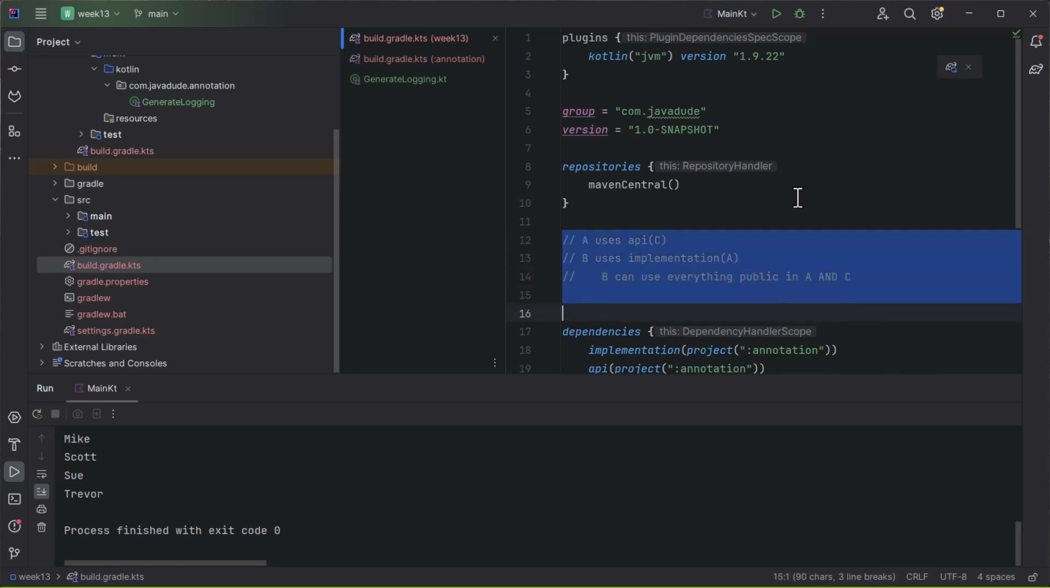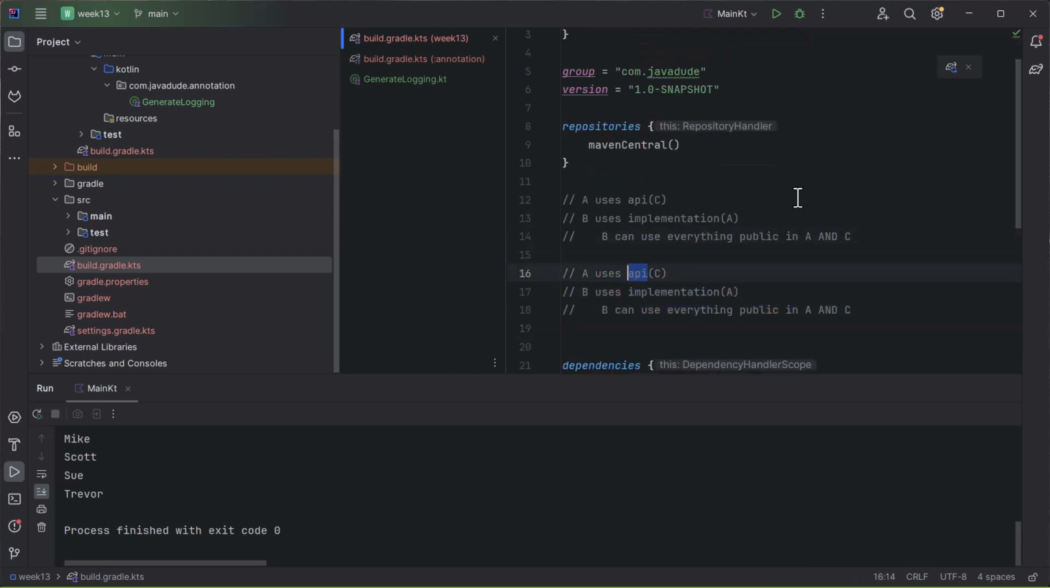If instead I said A uses implementation C, B could only use the stuff that's public in A, because C doesn't get published as an API as part of A's API. Hopefully that makes a little bit of sense. Most of the time, I'm going to say nearly all of the time,